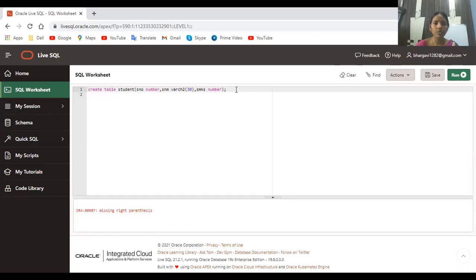Create table, table name, student number, name... right parenthesis missing. Look here, are there any mistakes?